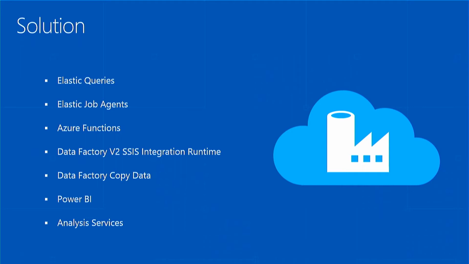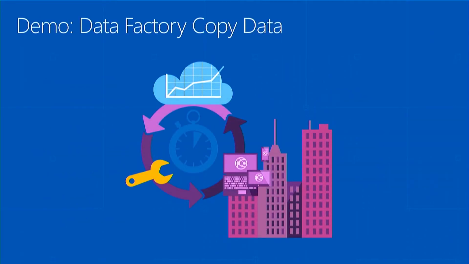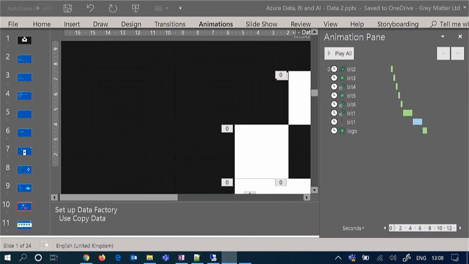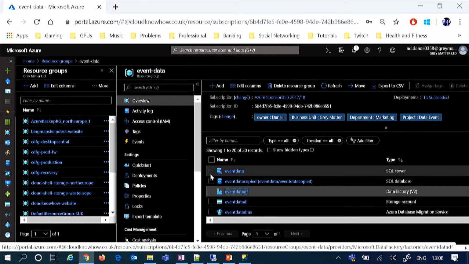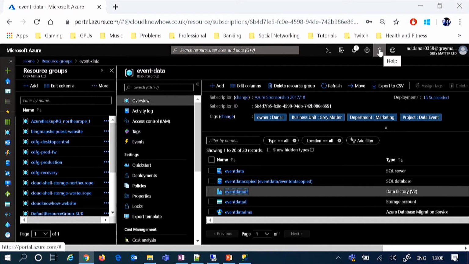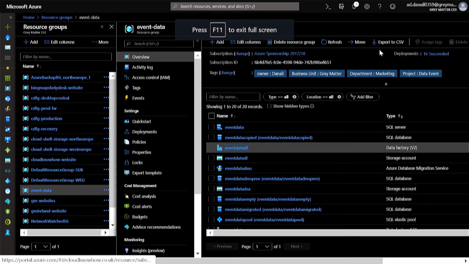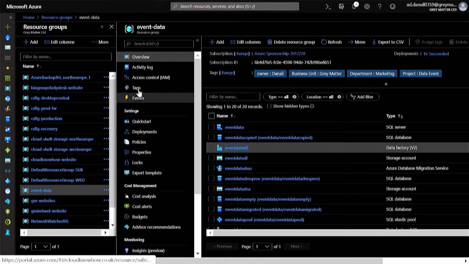So you've got all of the different areas that we'll talk about. And what we have in the first instance is Data Factory and copy data. So I actually want to drill into a quick demo as to what the provision of Data Factory looks like and what that copy data operation looks like as well. But I'm going to try and full screen this because I'm wary of the fact we're not getting much screen